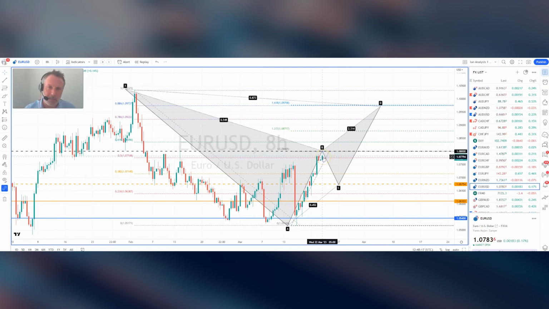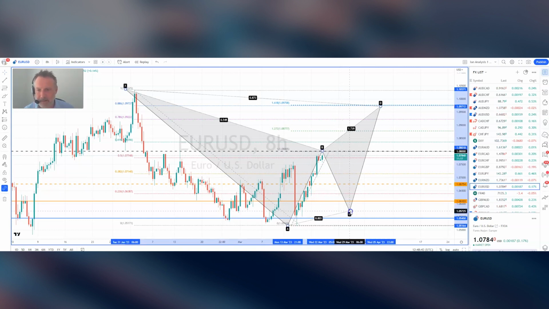So the immediate bias, thinking about the dollar index starting to move higher, is that euro dollar is starting to move lower. I believe that we're moving lower now in this BC leg going into this important meeting tonight. There are two support levels in the euro against the US dollar today: 106.75, 106.10. If we can breach there, then there's a possibility of getting down to 105.45. It should be noted that I believe this is a corrective leg, and we will then see buyers return to take us up to